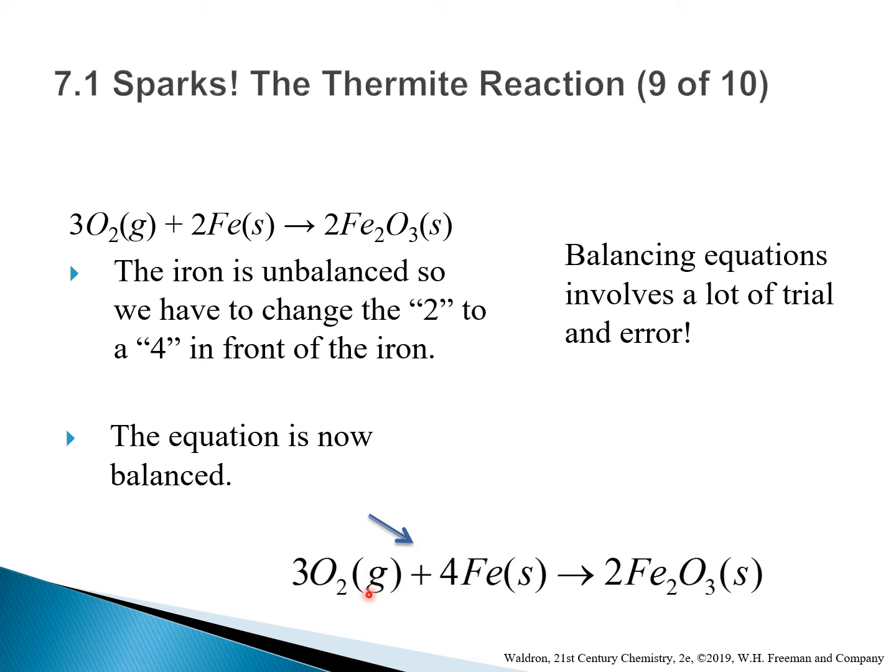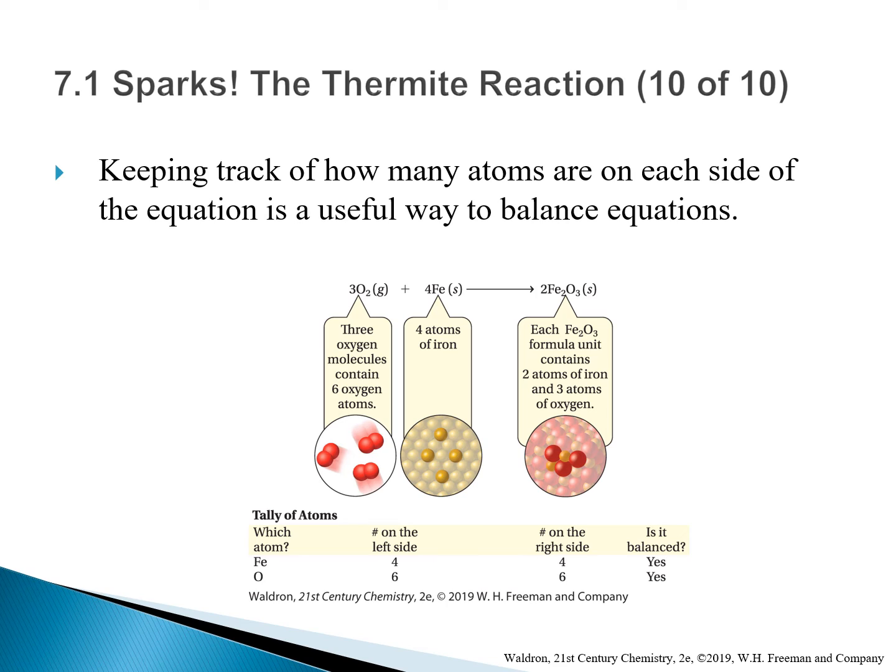Now we have 6 oxygen on the left, 6 oxygen on the right, 4 iron on the left, 4 iron on the right. The equation is now balanced. When balancing a chemical equation, we add coefficients in a trial and error fashion until we obtain a balanced equation. It is important to understand, though, that we can never change the subscripts in a chemical equation in order to balance that equation. Keeping track of how many atoms are on each side of the equation is a useful way